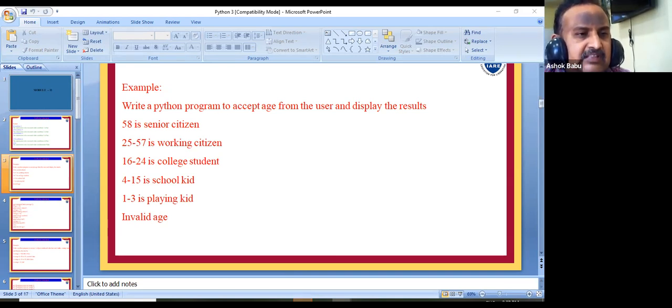So we need to assume three subjects: M1, M2, M3. Enter the marks for the three subjects. Then we need to calculate the average. To calculate the average, first we calculate the total marks of the three subjects. So the total marks is equal to M1 plus M2 plus M3, and the average marks equal to total marks